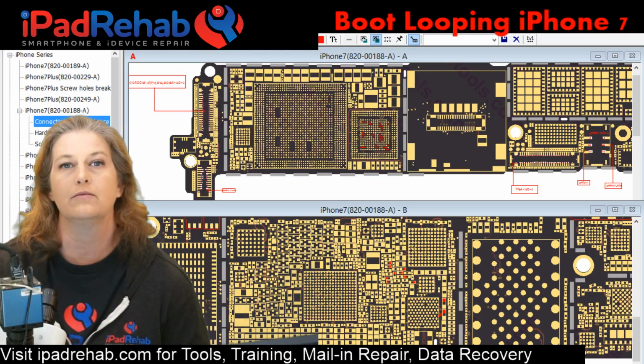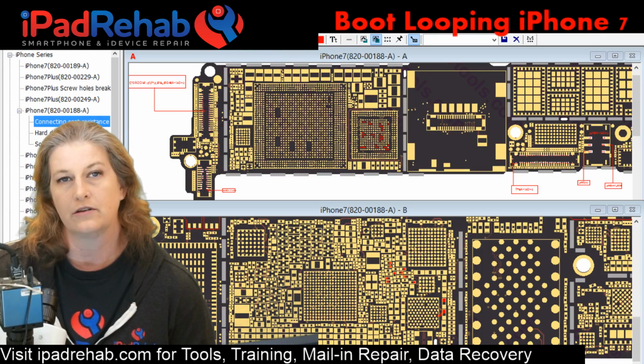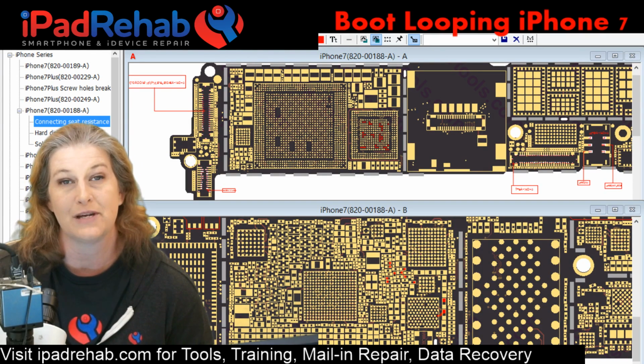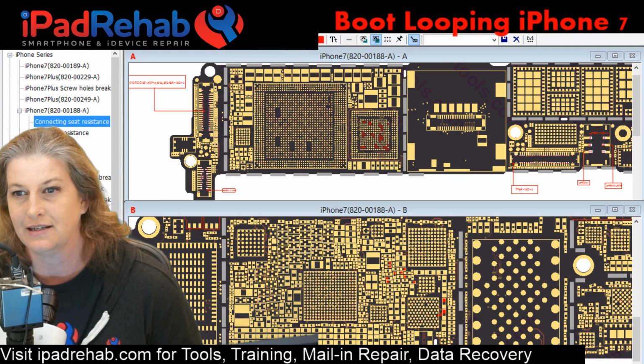So for this one, we're going to be done. There's really not much hope for this. This is going to be certainly within the baseband CPU itself. So the line here was the